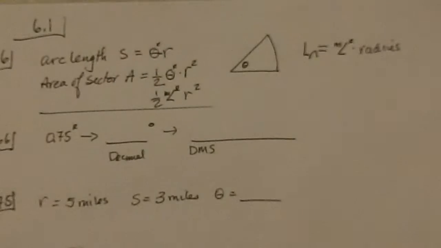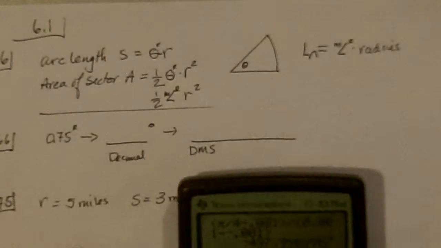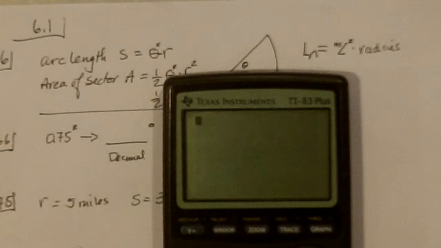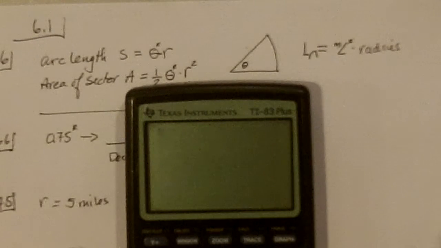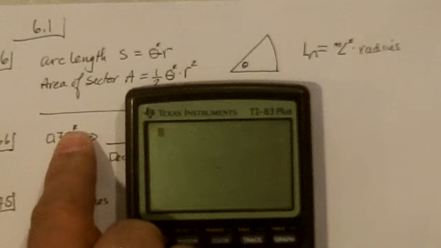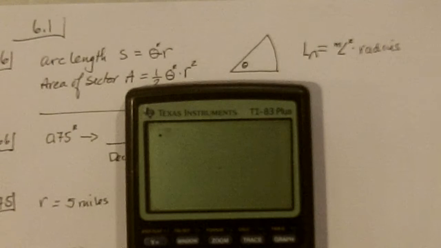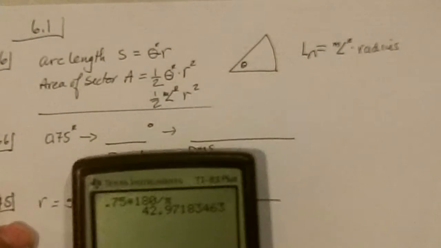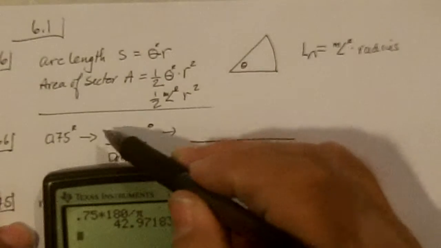Now, 66 says turn 0.75 radians into degrees in decimal. Well, to do that, we need to use either 180 degrees is pi radians, or pi radians is 180 degrees, but we're trying to get radians to cancel, so we're going to take 0.75 times 180 degrees divided by pi radians. And so our answer in decimal form is